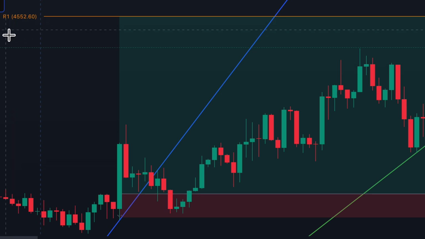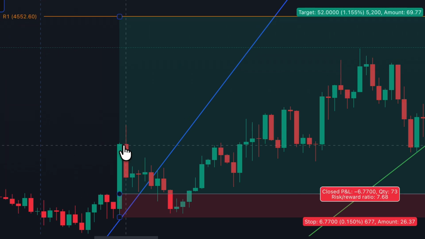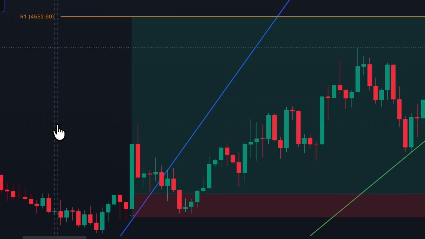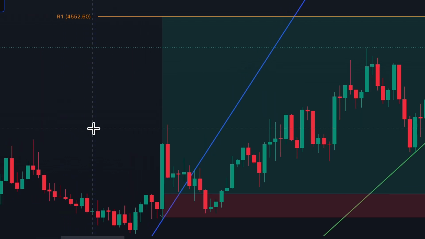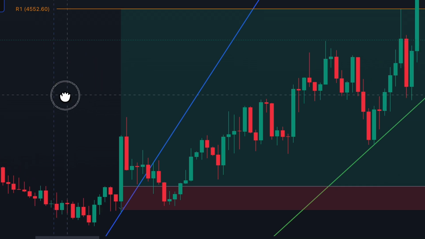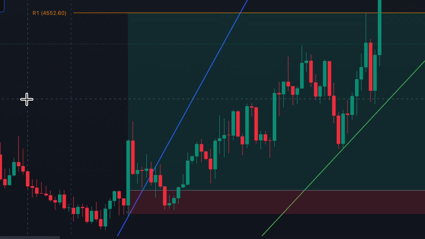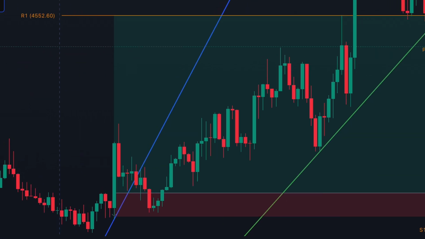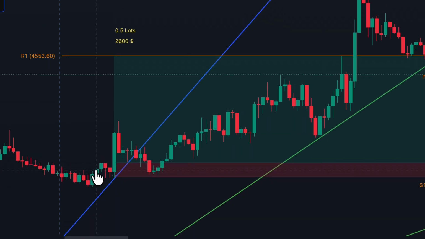The take profit was set using the traditional auto pivot indicator on TradingView. And so if I had simply left the trade alone and followed the original plan, I would have closed the day with a profit of about $2,600 with the 0.5 lots trade,